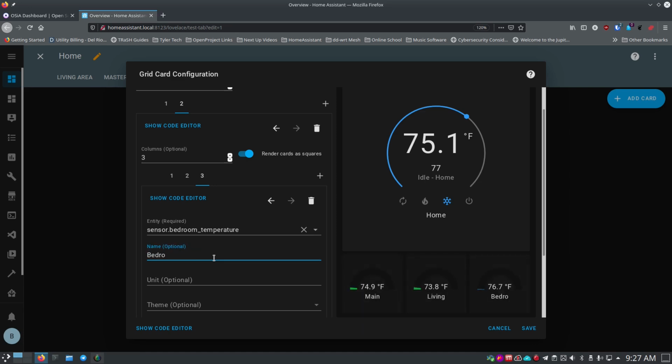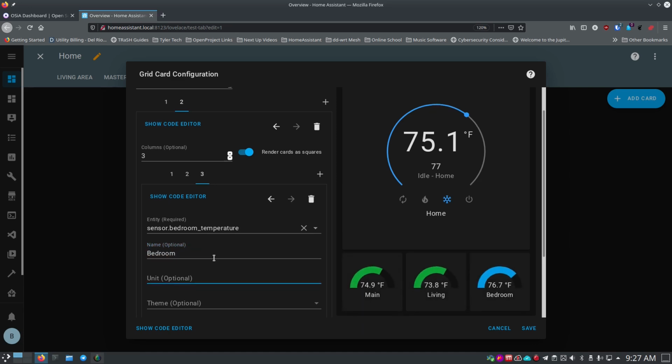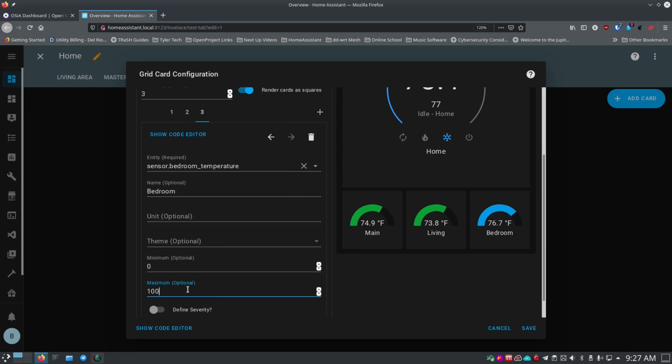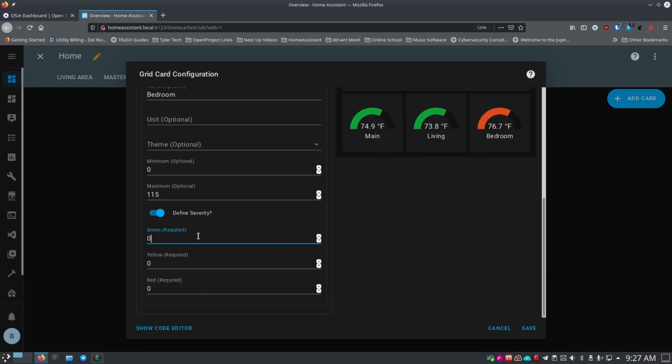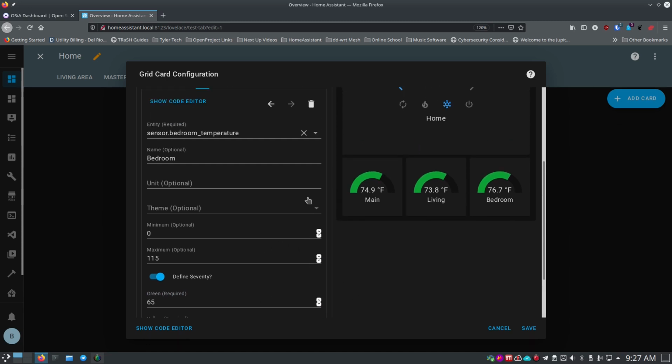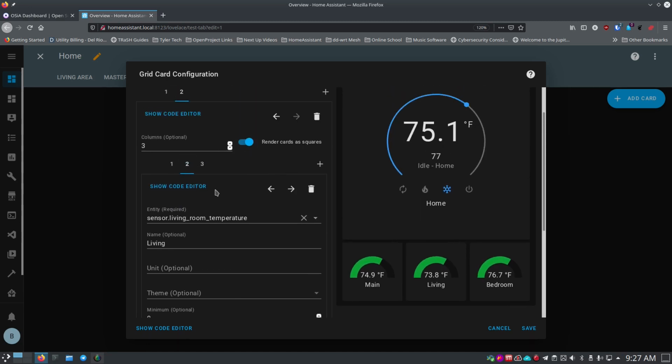But this is bedroom, and again the units we'll leave this. We're going to change to 15, and oops, I keep doing that with the scroll wheel. There we go. We'll turn this on, and again 65, 0, and 82, and we're done with that. So now let me go back. So if you want to change any of these, you just click on the tab where you were working on it,